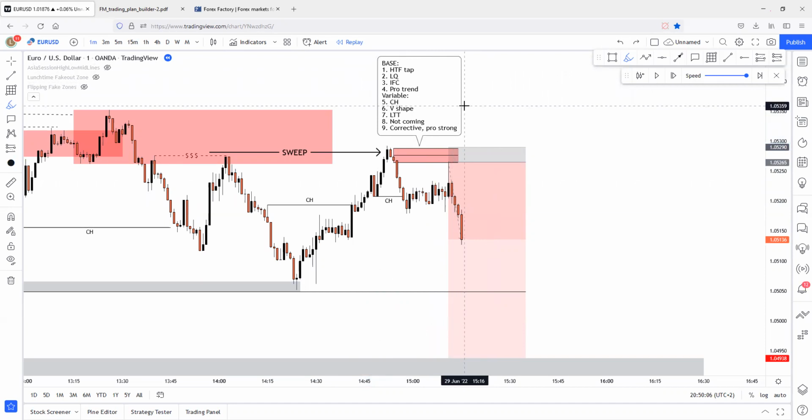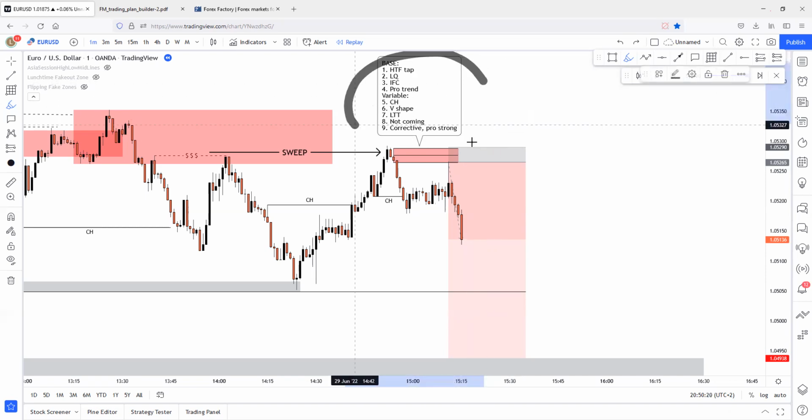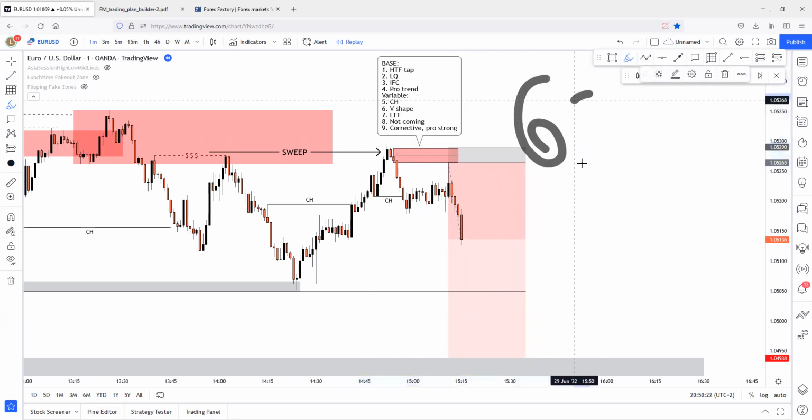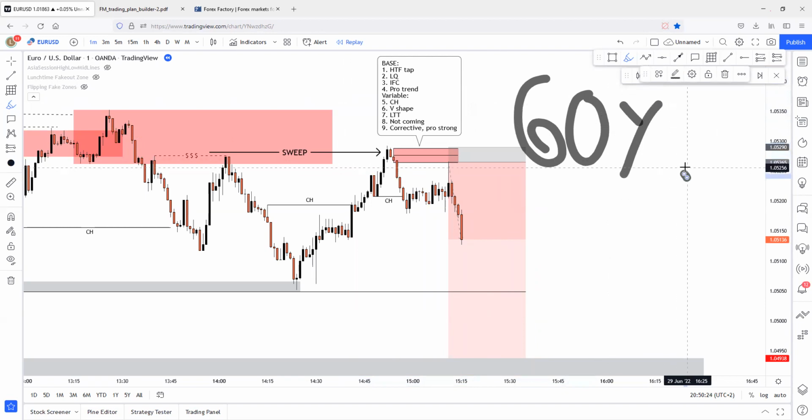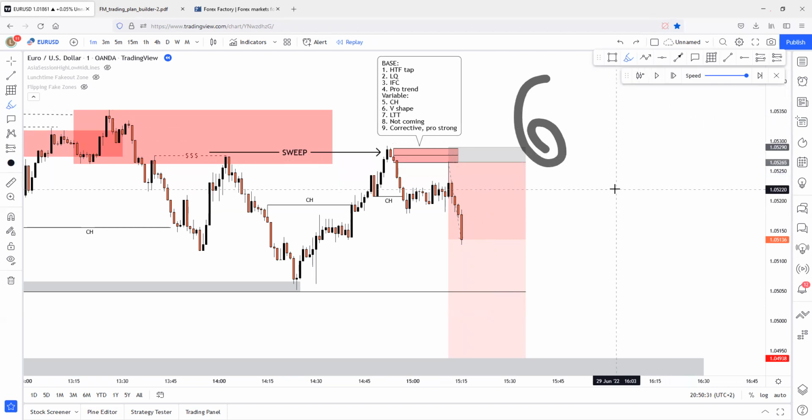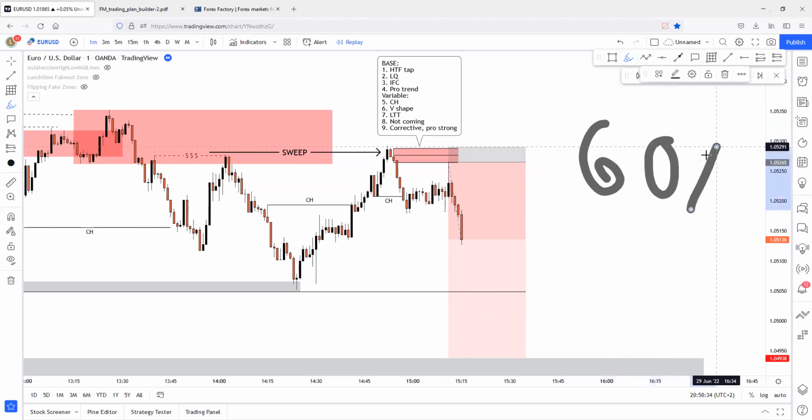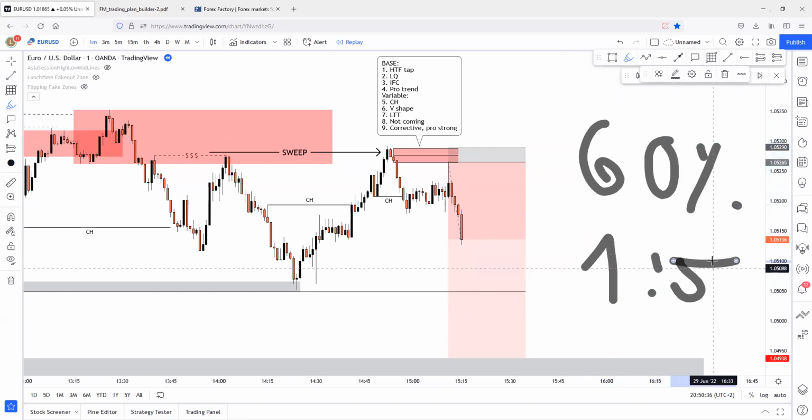Because I was backtesting this scenario basically on the whole Friday and on the weekend too. I was just backtesting this scenario non-stop for weeks, months, almost a year now. And this is really, really strong and has at least a 60% win ratio. These criteria combined together have a 60% win ratio at least. And if you're just calculating, we are targeting 1 to 5 minimum, or TP is 1 to 5 minimum, right? And just calculate it with a 60% win ratio, this 1 to 5. This is literally the strongest entry model in this game.